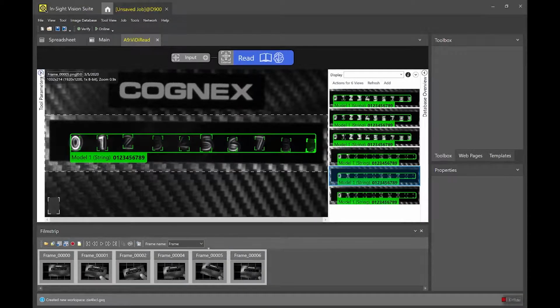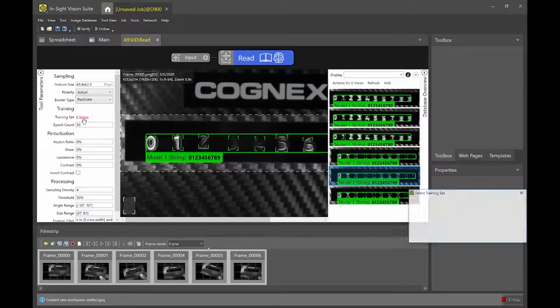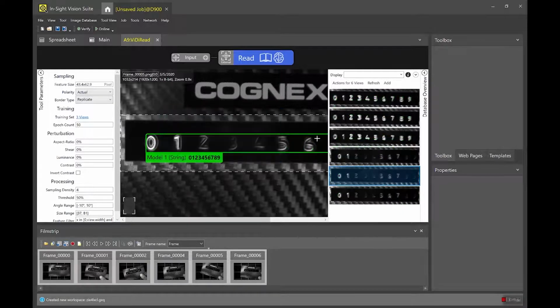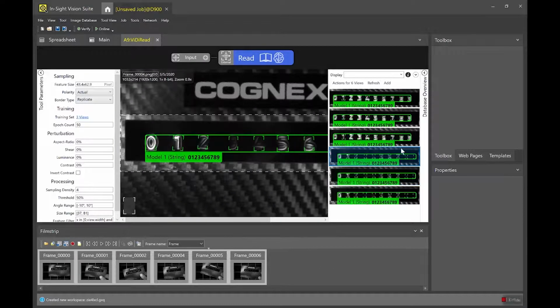So now what I'm going to do is I'm going to set my training selection. And in this case, the default is 50, and I'm going to stick with that 50. And what that means is that ViDi is going to choose 50% of the labeled views for training and the other 50% will be used for testing and for generating the statistical results. So if I press OK and randomize, ViDi will go through and pick half of these to be candidates for training, and